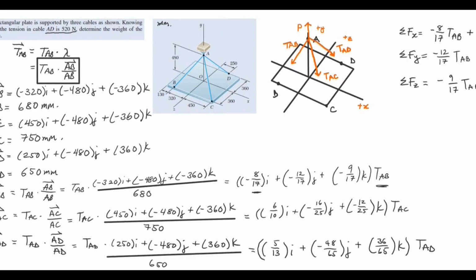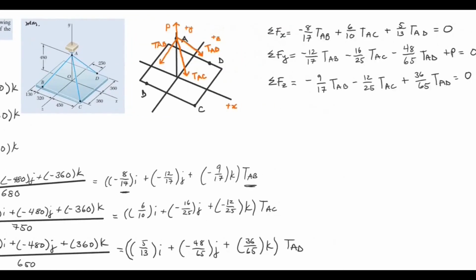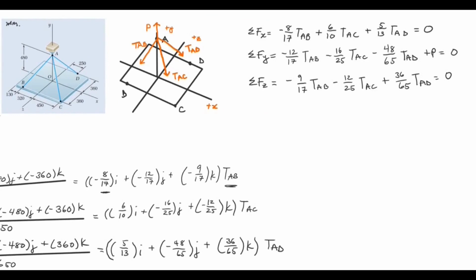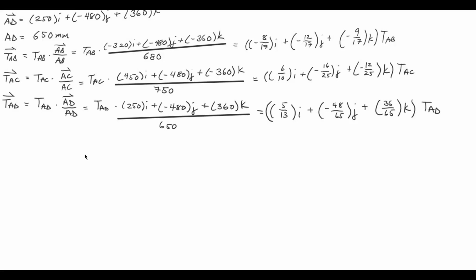It's given to us in the problem that tension AD is equal to 520 newtons. Therefore, since we have 3 equations and 3 unknowns, we have a few ways to solve these problems, but in this example, I'm going to solve it using substitution. So now, starting off with the sum of the forces in the x direction,